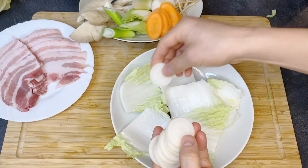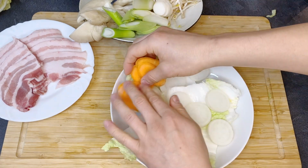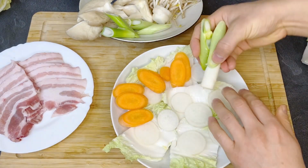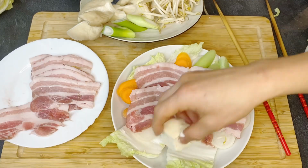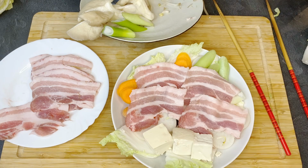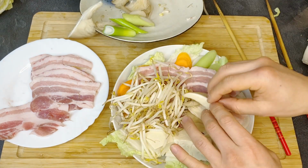And then on top of that, some daikon radish. And then a carrot, just on the side. And also green onion. Then I'm gonna put some meat over this. Then I'm gonna put some tofu on the side. Then on top of that, I'm gonna put some sprouts, and then also a little bit of mushroom, and then